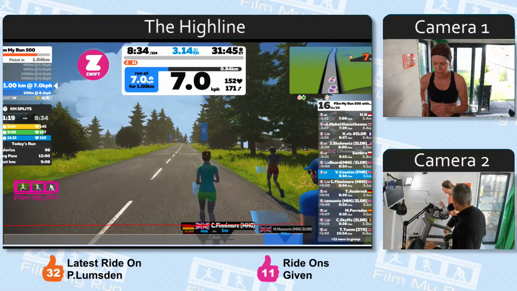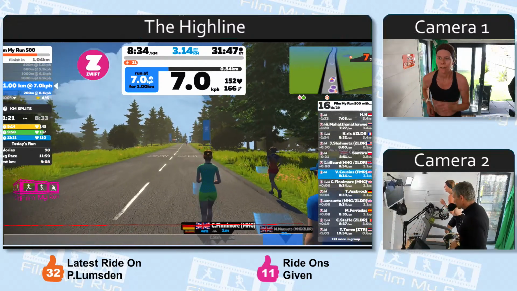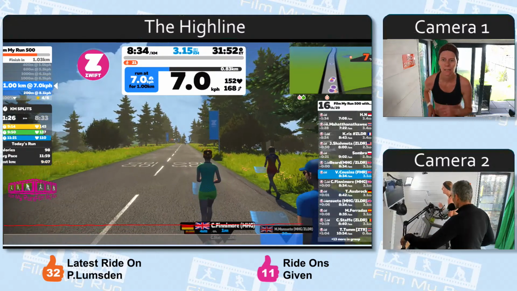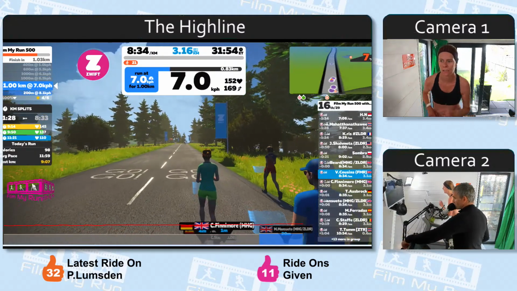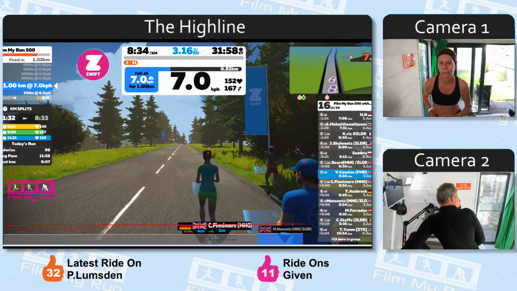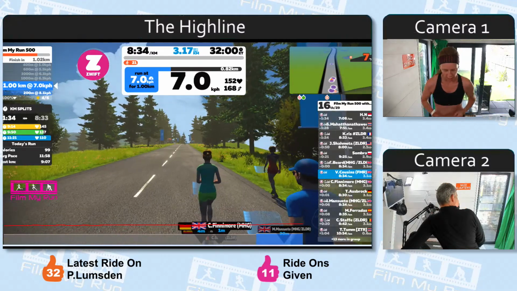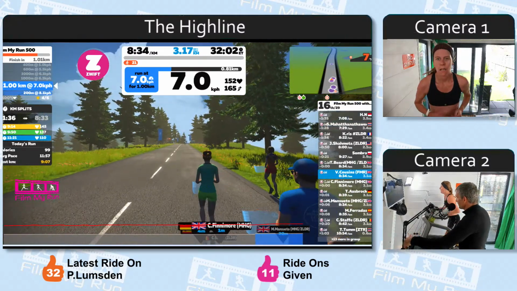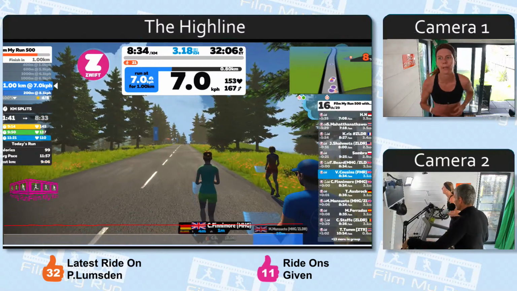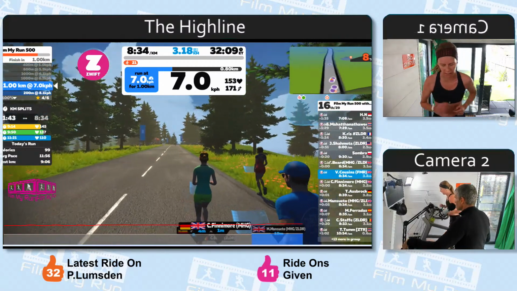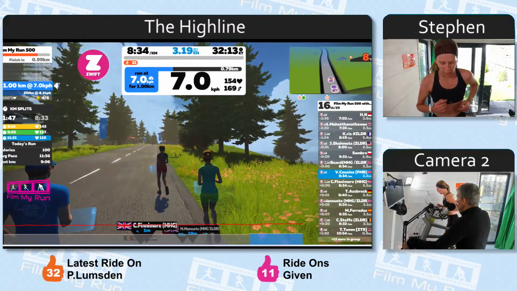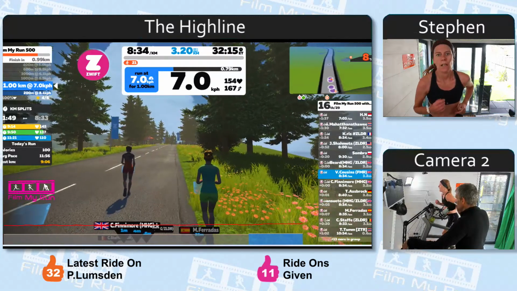So the heat of the day, it's still warm here. We are halfway through, or over halfway through September, so it's only a week or so till October actually, and it's still warm here. Outside today is very sunny and warm. So Victoria will be feeling the heat, even though she's got both fans on. This is hard work. 1 kilometre left now. Only 1 kilometre to go, guys. Keep it up.